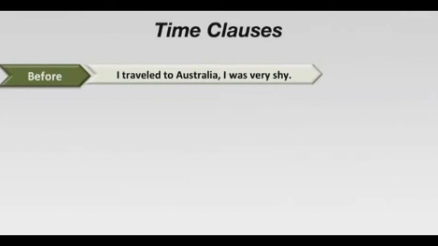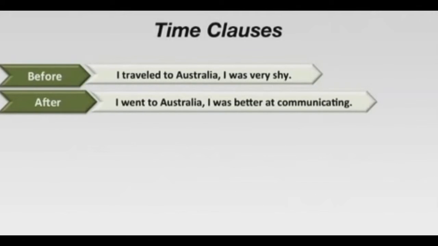As I show you more examples, I will also explain a little bit about how to use subordinating conjunctions. Before and after are subordinating conjunctions. After I went to Australia, I was better at communicating.